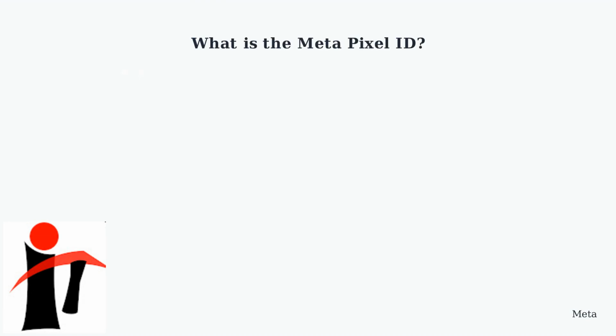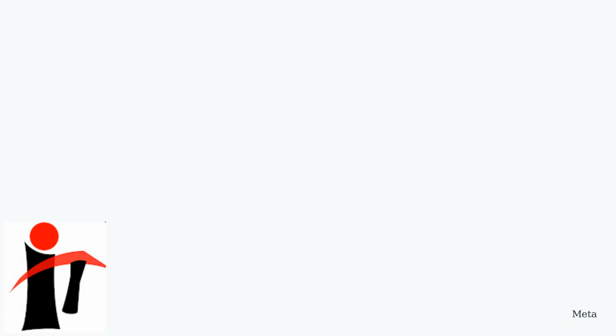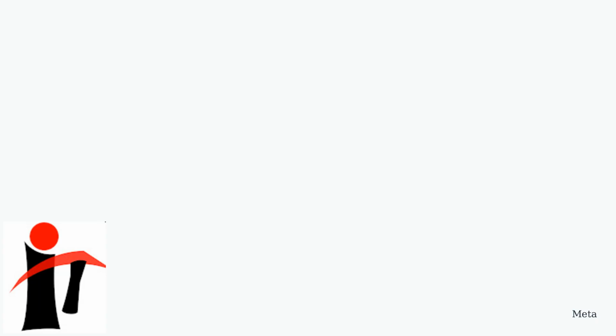The Meta Pixel ID is a unique 15 to 16-digit number that identifies your Meta Pixel, a snippet of code used to track website visitor actions for ad optimization and audience building. This is what the Meta Pixel code looks like: a small piece of JavaScript that needs your unique Pixel ID